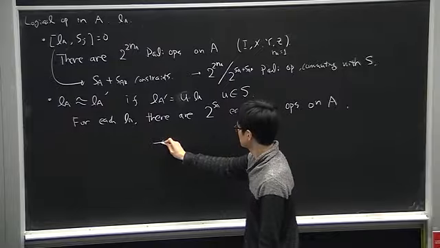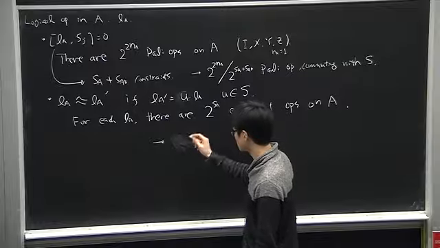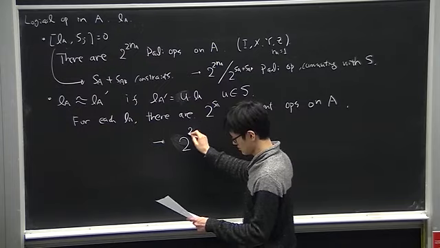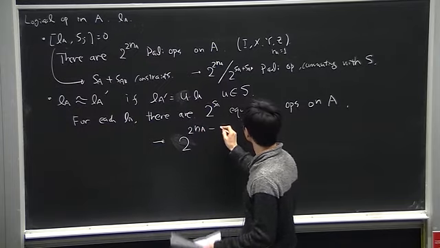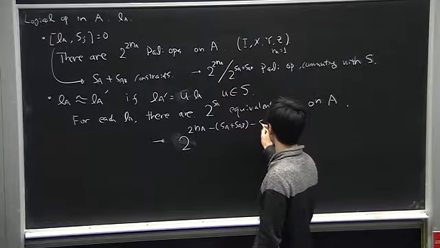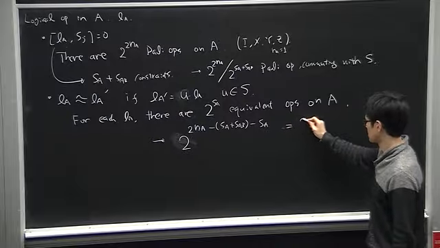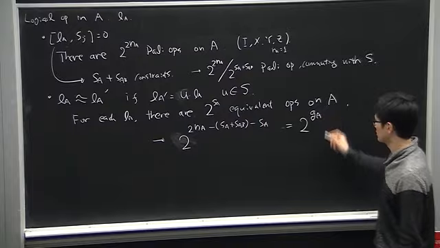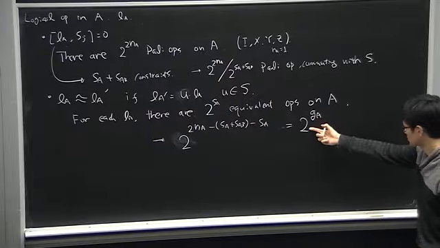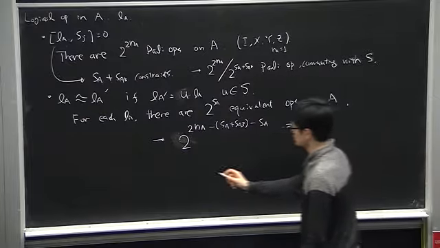So therefore, we need to divide this number further by this number. So therefore, GA, so the total number of logical operators here will be, okay. And this number is, of course, equal to 2 to the GA. Here, we are counting the number of generators, so you need to put it on the exponent of it. This implies that